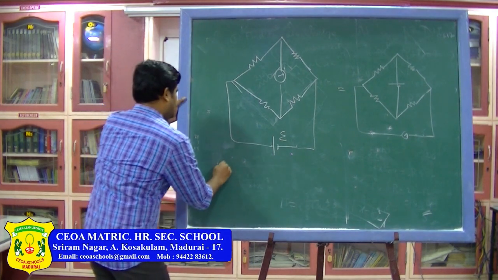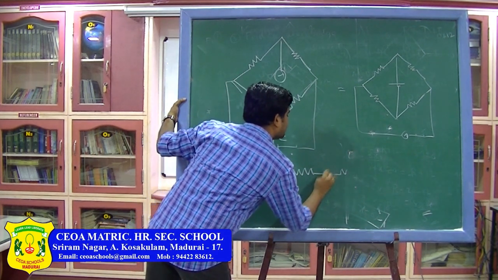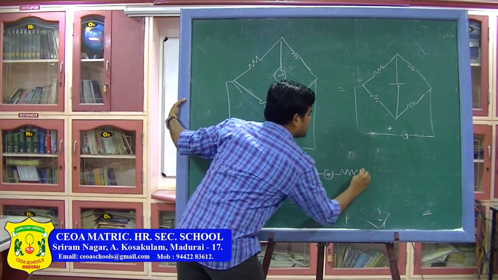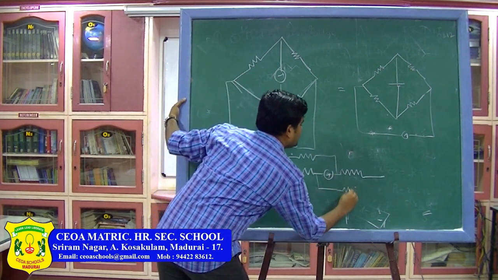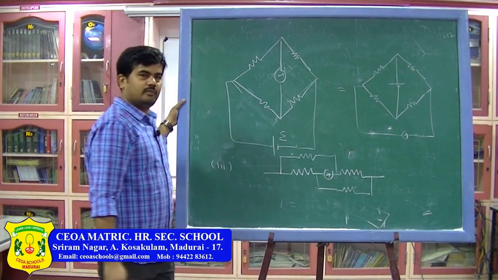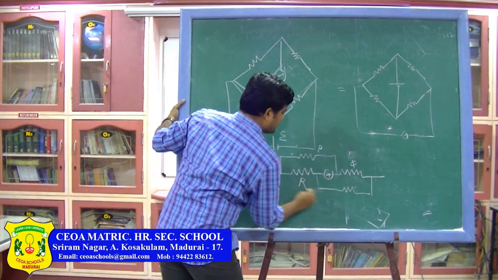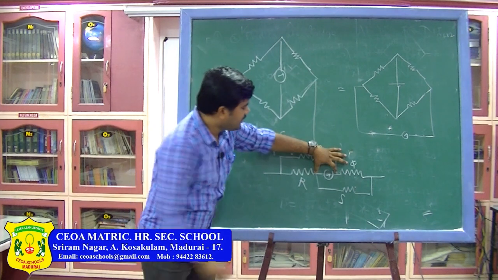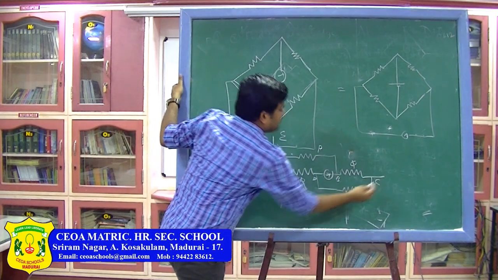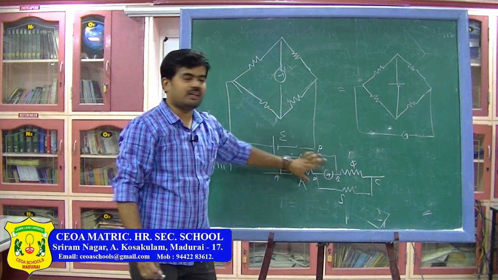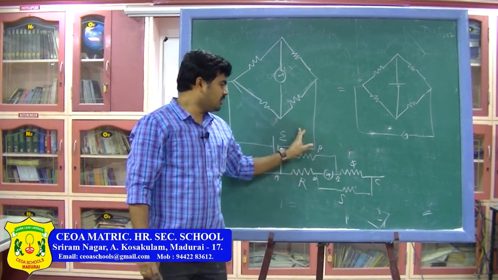Similarly, you can draw it in another form, that is the third way of drawing Wheatstone bridge, like this. Here there will be a galvanometer and this is another resistor. So, this is also a Wheatstone bridge network. Here this is P and this is Q and this is R and this is S. So, this is the point B and D, and this is point A and C. Just compare this network and this network, you can see it is the same kind of network. Both are Wheatstone bridges.